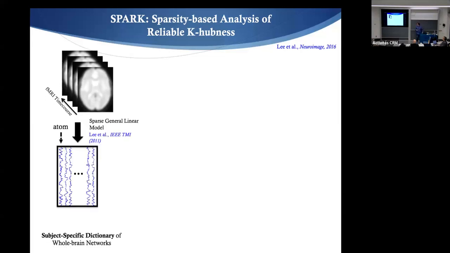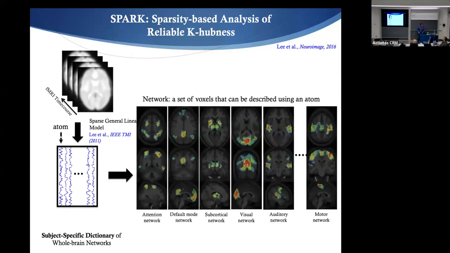So from resting state data, we're going to estimate what we call atoms. These atoms are specific time courses. So it's an iterative technique. We're going to look for these time courses in the data. And then associated to each of those time courses, I'm going to have a map. So in a way, this is a decomposition not far from ICA, with a time and space decomposition. It's just that the way to estimate it is different. It's not based on independence. But you see your favorite networks: the attention network, default mode network, visual network. And you also have a few